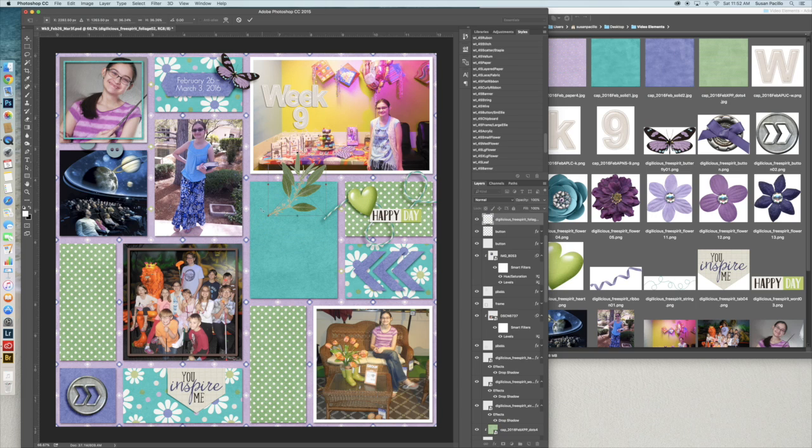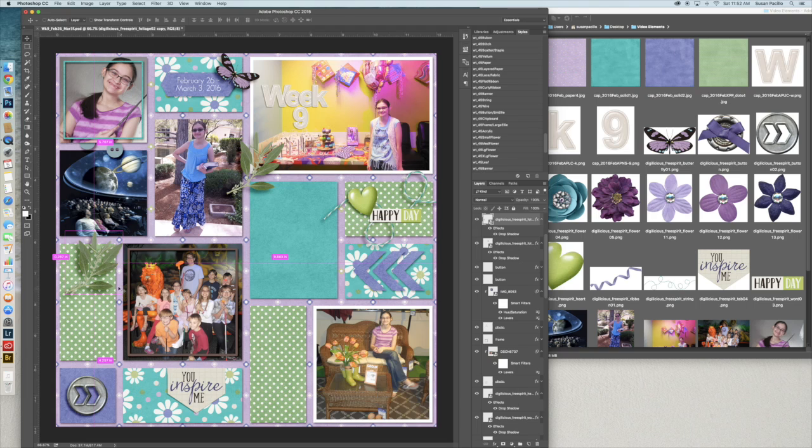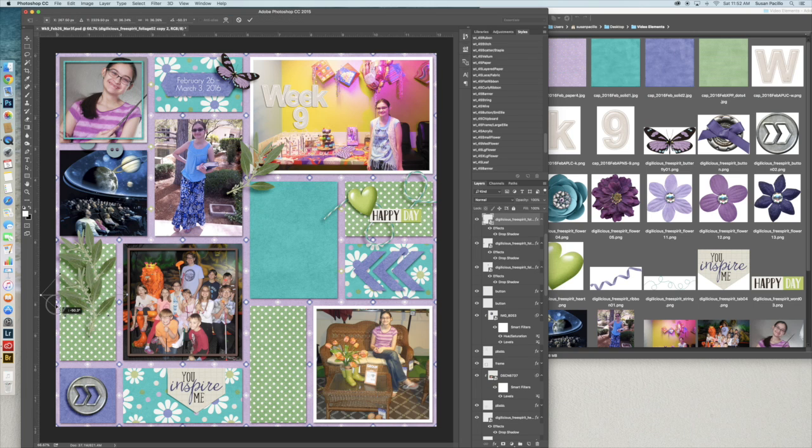So I'm going to make that smaller and get its drop shadow on there because I'm going to be dragging it around. I like to use the same leaves, just at a different angle. I think it brings a cohesiveness to the page. It doesn't mean I have to. There are times when I just go crazy on my leaves and I throw leaves all over the place. But for this layout, and especially with templates,